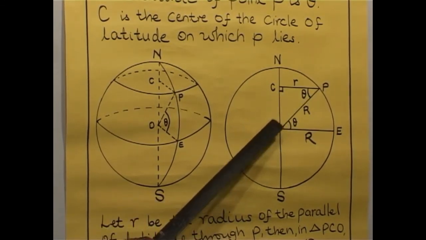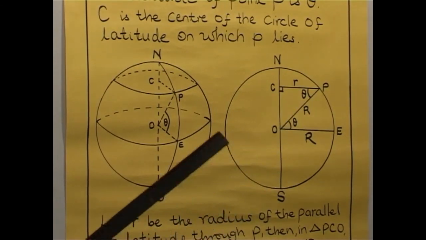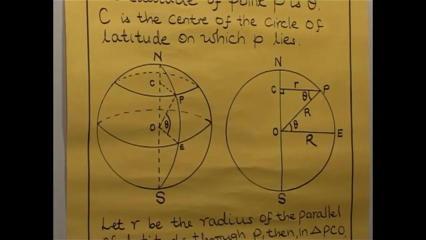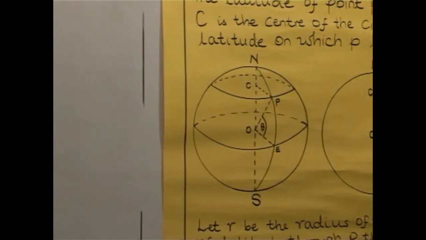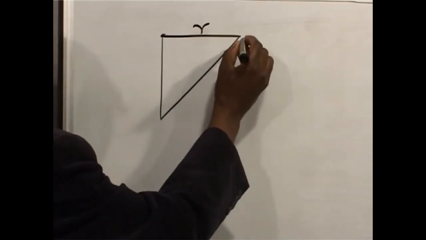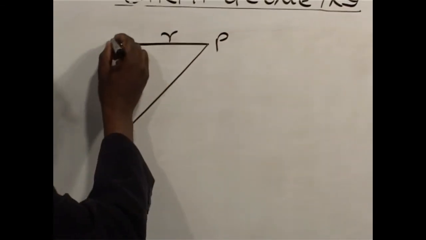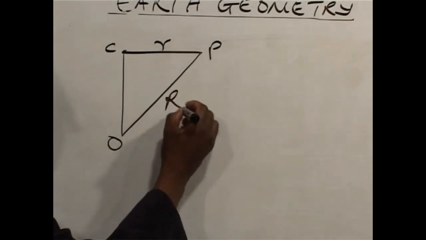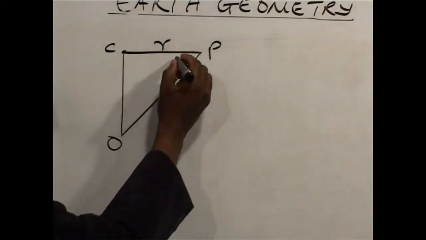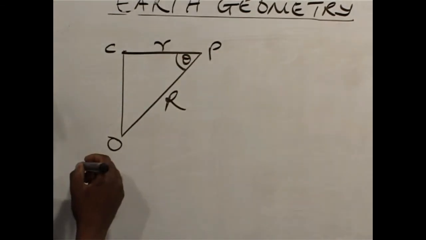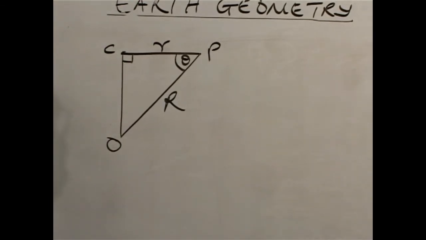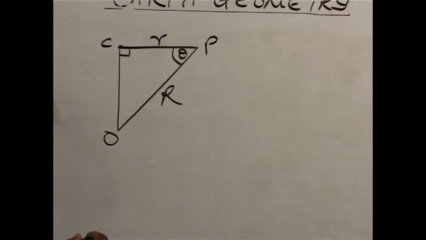So from triangle OCP, we are making an extraction from the chart, where this is our R, that is P, that is our C, that is O. OP is capital R, and the angle at P is theta. This is perpendicular to the line joining all the centers. So we can now